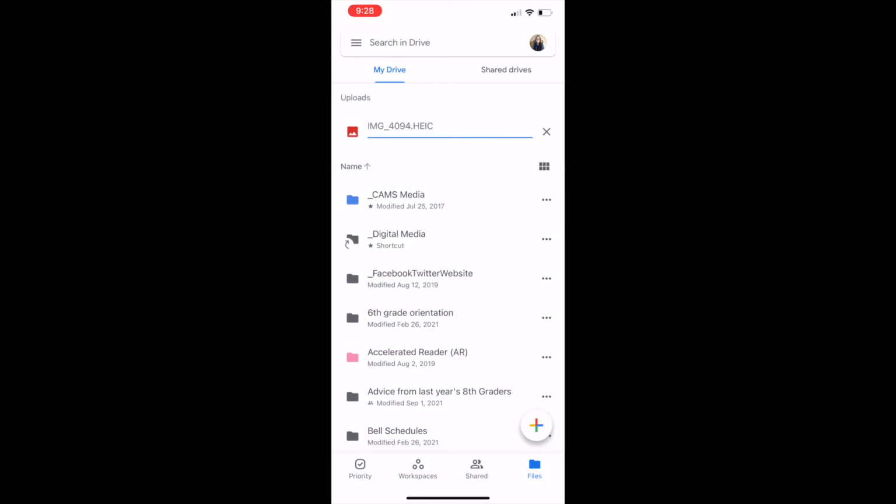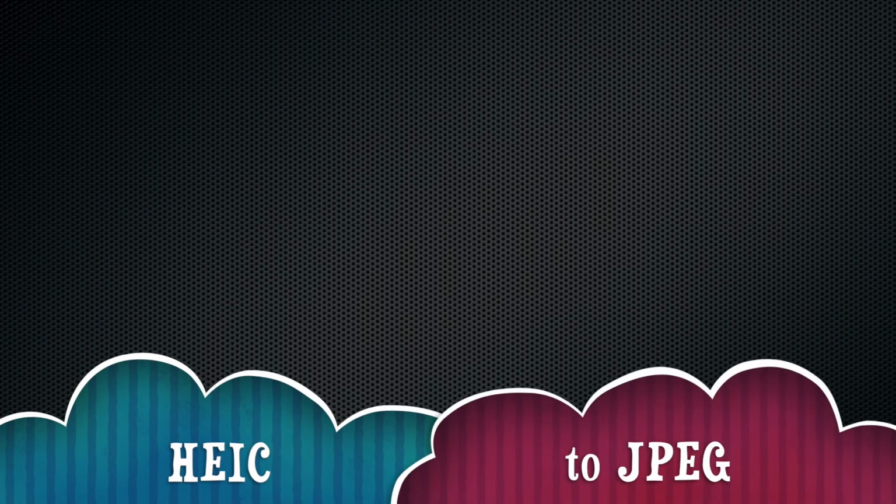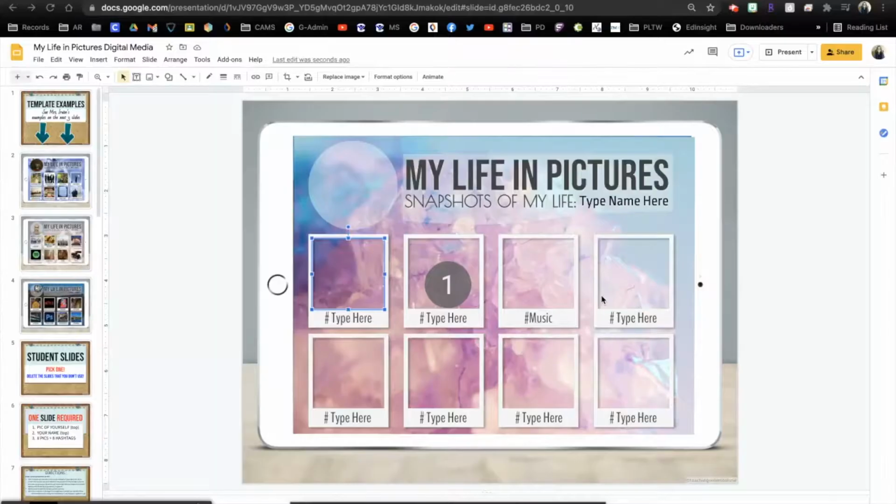to Google. Otherwise, what you could do is get on one of the iMac computers at school, ask me for help, and I will show you how to use the iMacs to convert those HEIC files to JPEGs. So once you get your pictures from your phone to your Google Drive, you're going to go into whatever you're